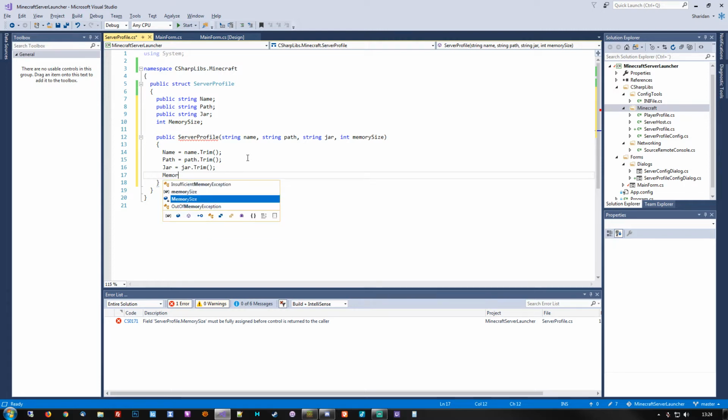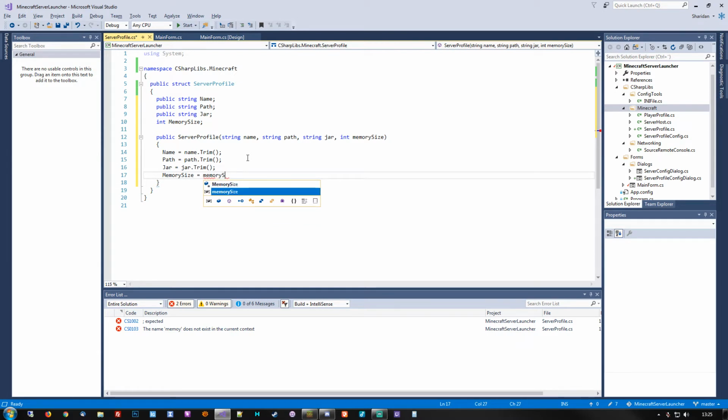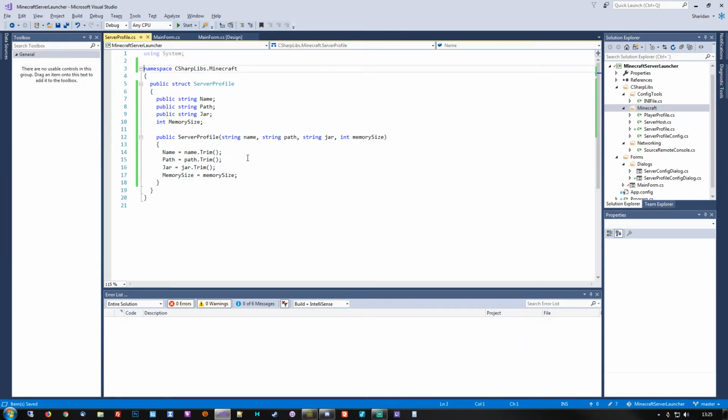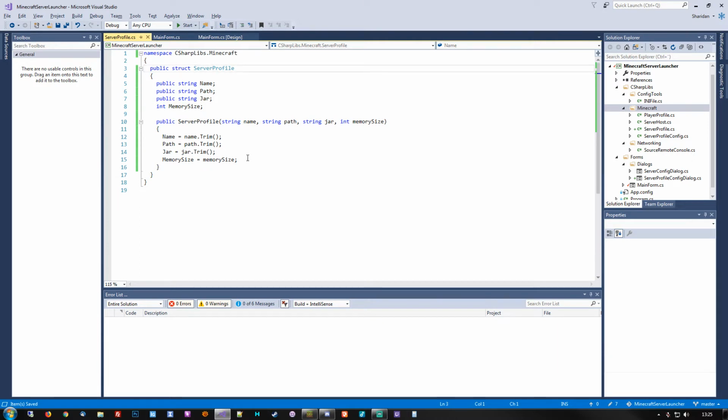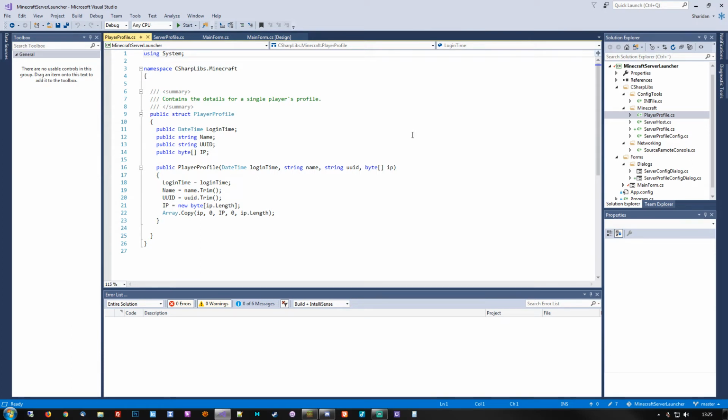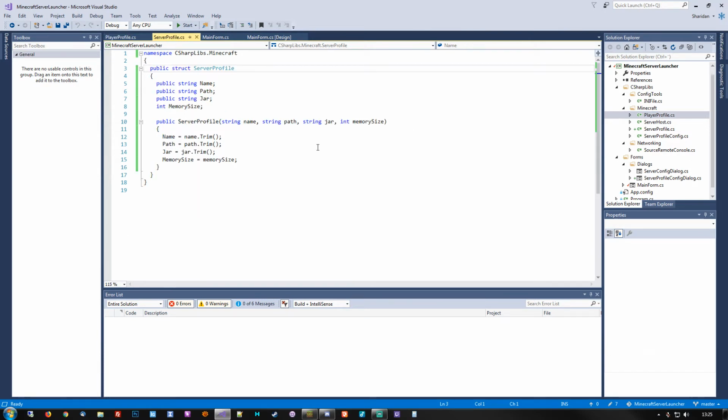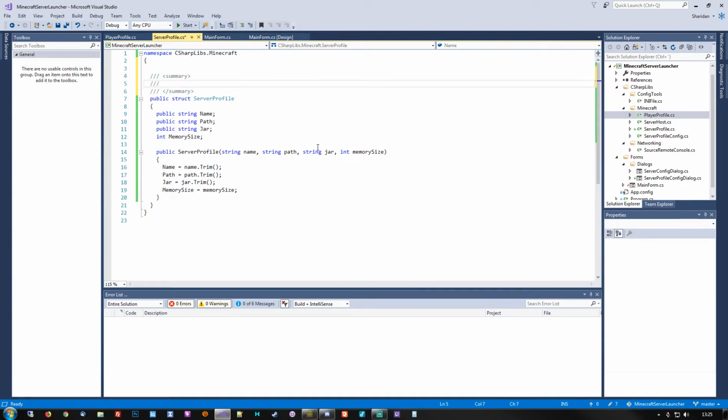Memory size, grab this one. Memory size, there we go. All right. Ah, nice, we don't need this. Get rid of that. Let's see, did we actually put some documentation in here? Yeah, a little bit. We'll do that. Contains the base information for a Minecraft server profile. Sweet. All right. Now that we have an actual struct to do this,